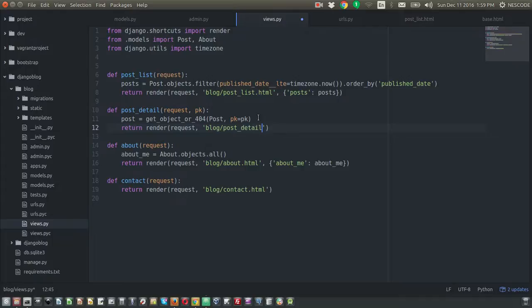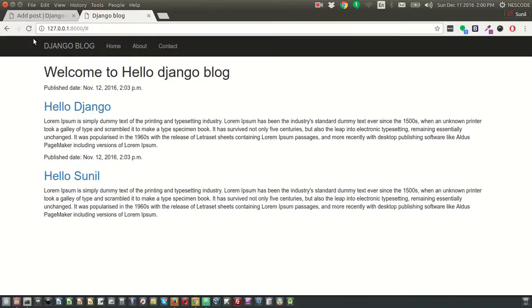Let's create another page called blog/post_detail.html, right? And create a dictionary called post, because we have used post here, so we need to have the same name, post. And if you refresh the page,